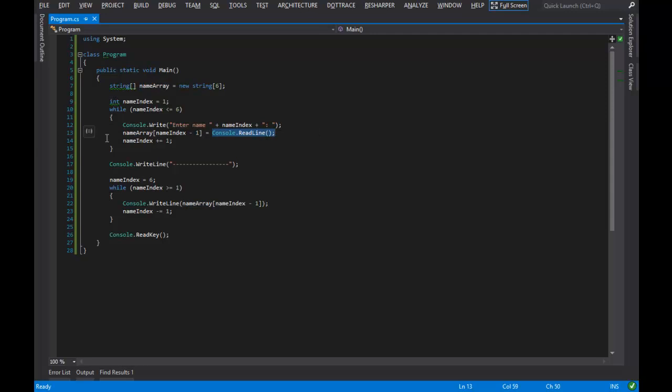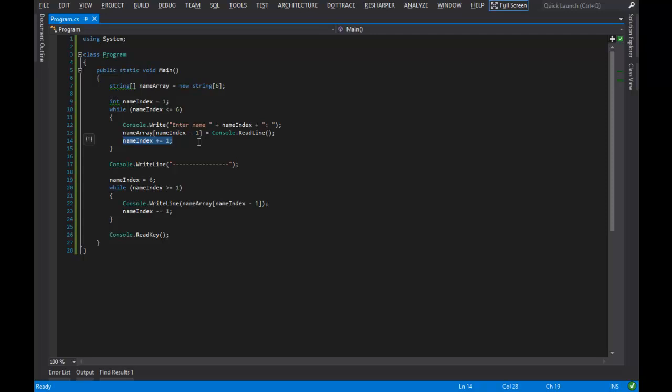Then we increment our index. This is a very, very common pattern. In fact, most any time that you'll be playing with an array, you will have something that looks like this. You'll have an index variable. You'll loop until that index variable is a certain value, and at the end of your loop, you'll increment or decrement it. We'll get into a bit of syntax that makes this a whole lot easier, but for now,